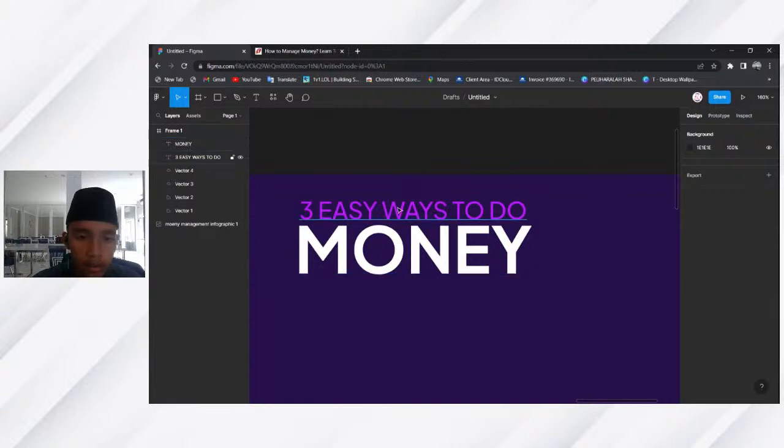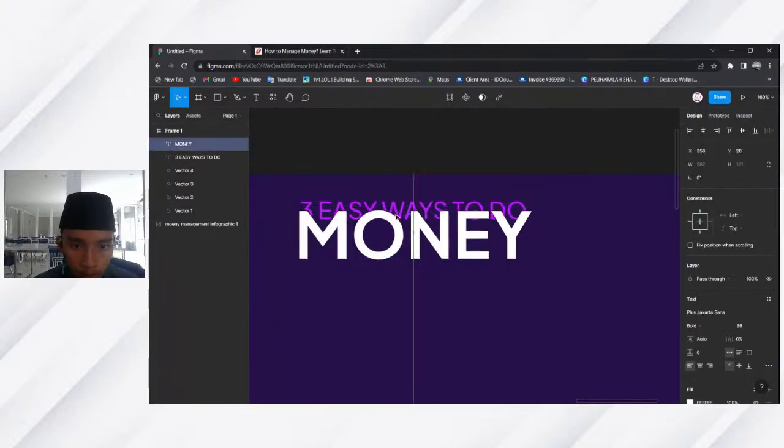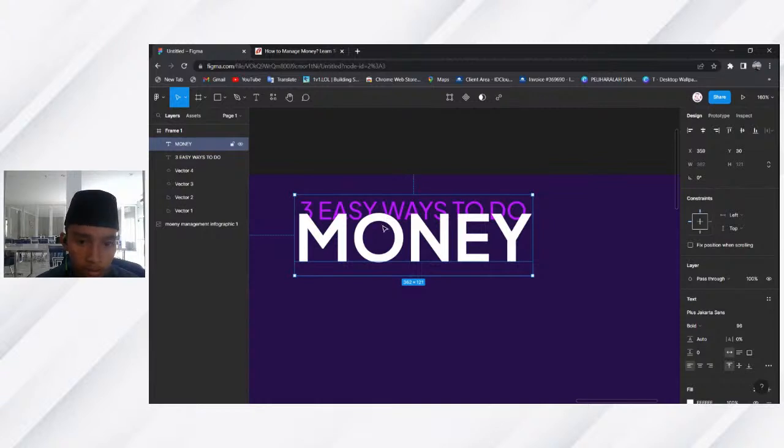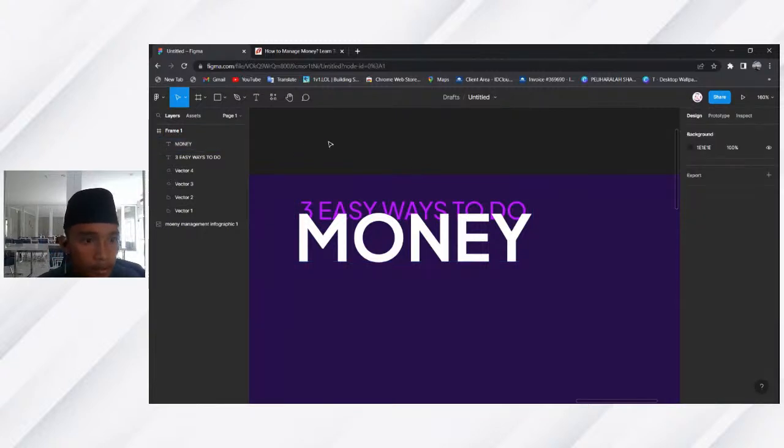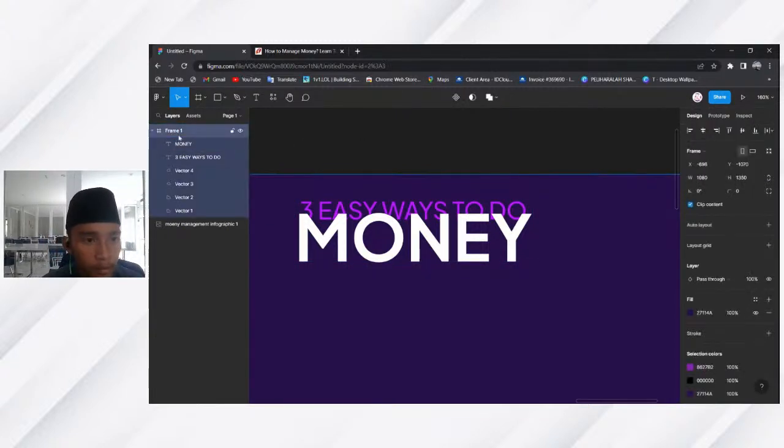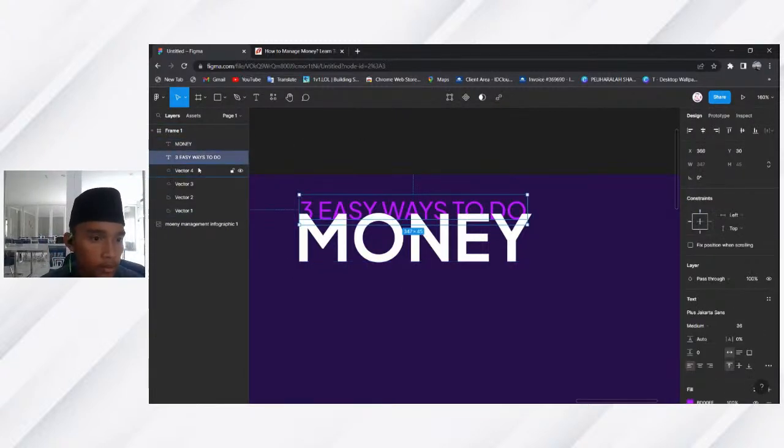And well, I want to make an overlay of this, right? So the 3 easy ways kind of overlaying. How to do that is just put the money on top of it, align it again, and here you can see frame one and everything that we just made, starting from the vectors and the text.